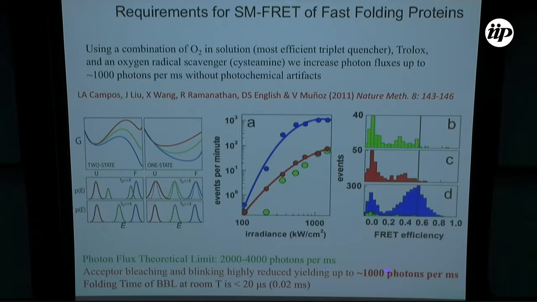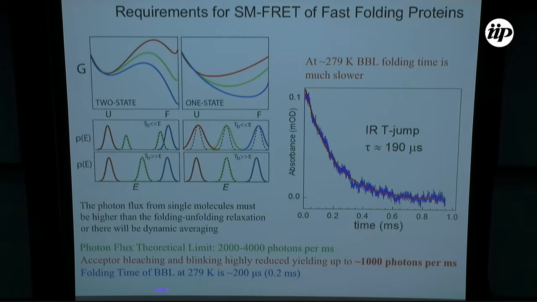Okay, this is still not good enough because this protein BBL at room temperature folds and unfolds in 20 microseconds. So you can see that there is no way you can collect 40 photons in that period of time, right? Actually, faster than that. So one other thing that you can do is, maybe you don't have to study